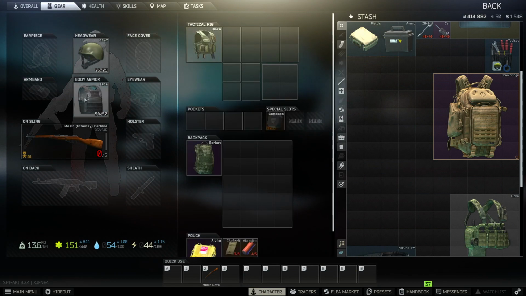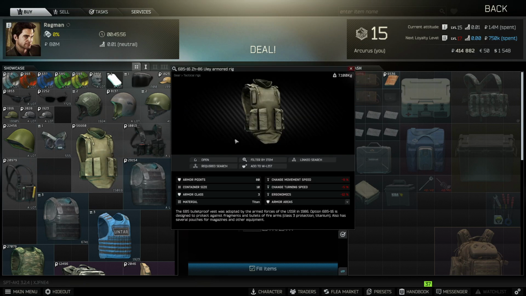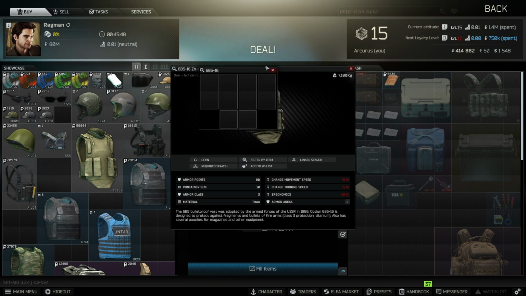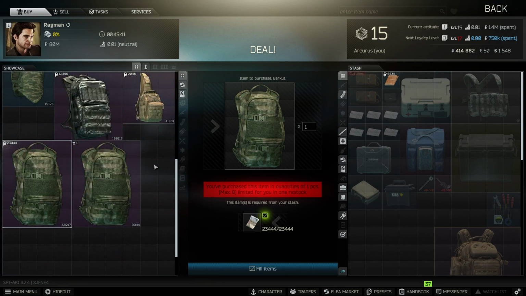Alright, so why do I go for the Paca body armor and the Umka for this? Because if I go to Ragman, he'll sell me this for 56k. It's level 3. However, when you open it here, it doesn't really have much in the way of room, and I prefer all of the room that the Umka gives me. So